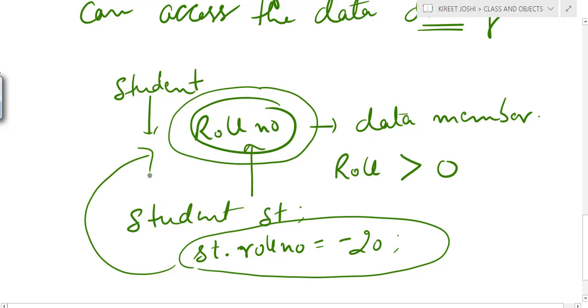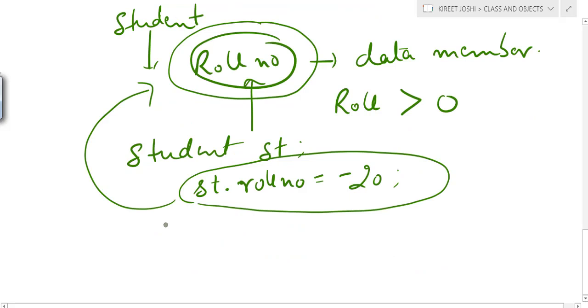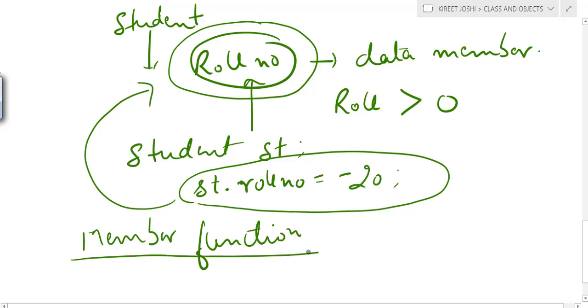It means that the inconsistency is there, and you are violating the policies or the integrity of the data. So there should not be this case. In order to protect this scenario, what we do is provide member functions. So here comes the role of the member functions. The member function must be created, and these member functions must be accessed with the help of the object. And instead of directly accessing the data, we will access the data with the help of this member function.